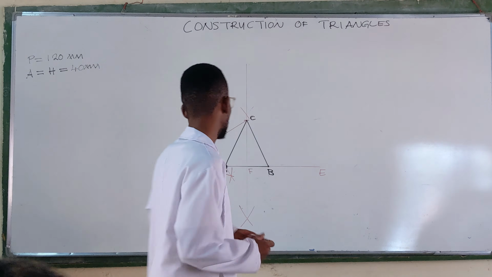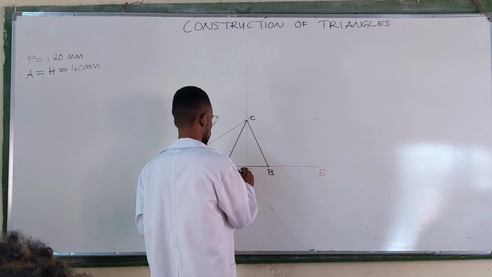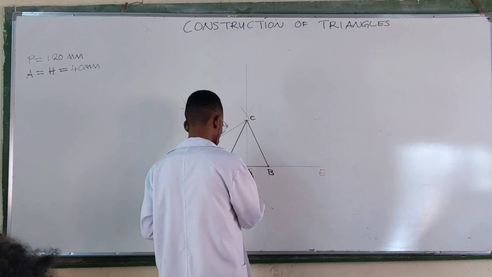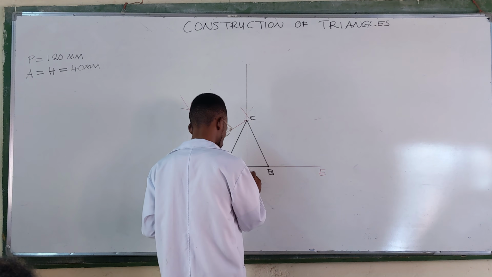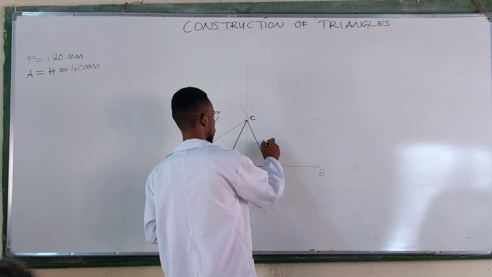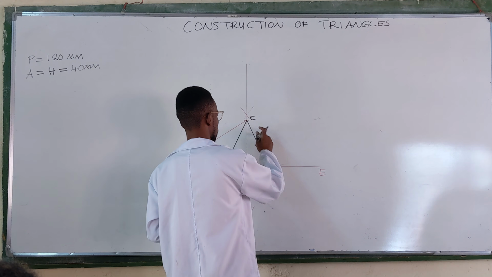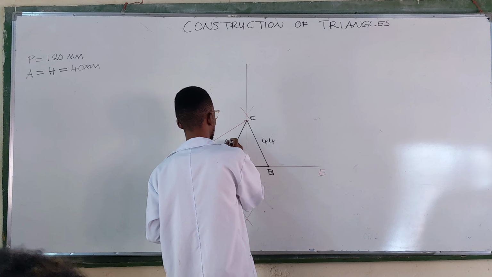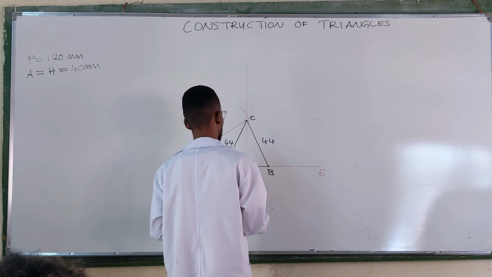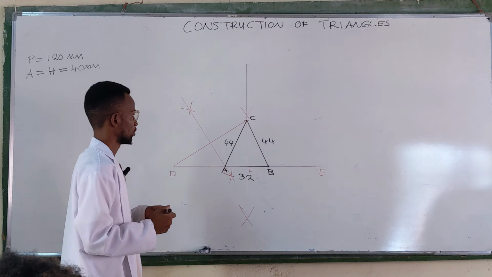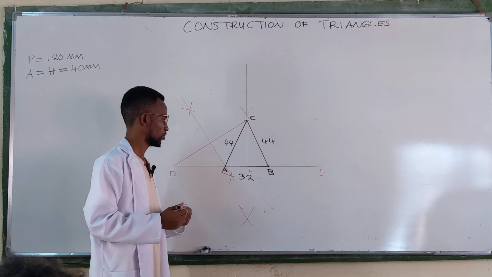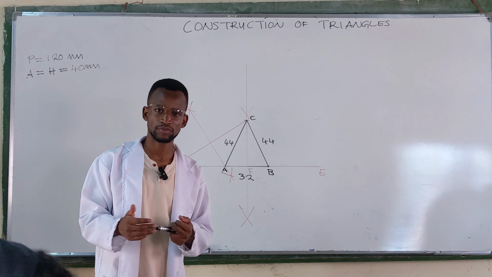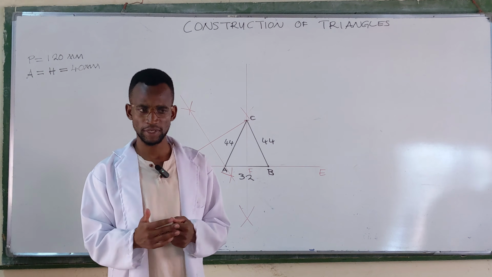So AB is giving you 32, and BC is giving you 44, meaning even this one will be 44. So these are millimeters. So when you add 44 plus 44, 88. 88 plus 32,